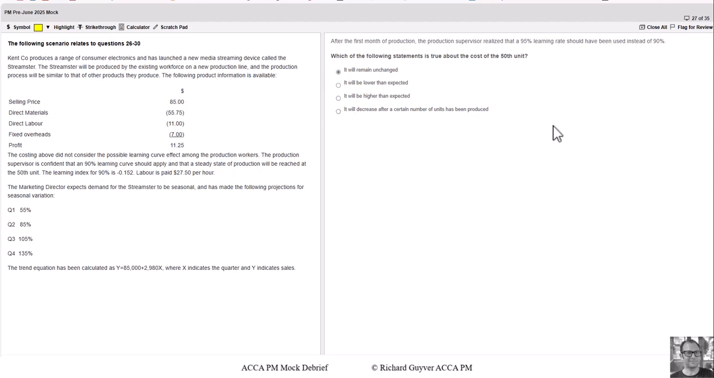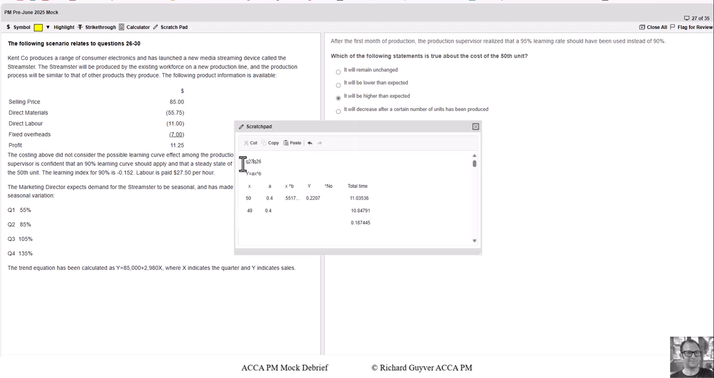You just need to work out, is it lower or higher? The correct answer is higher. There are different ways to remember it. 95% is higher than 90%, which means it will take longer than expected, which means it will cost more, so the cost is higher. And then the other way to think about it is to think about this table where